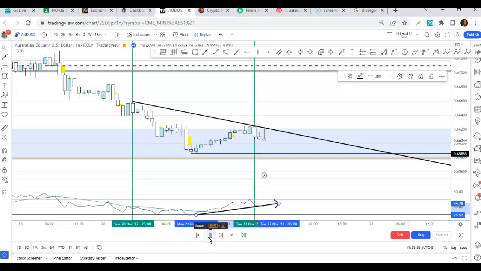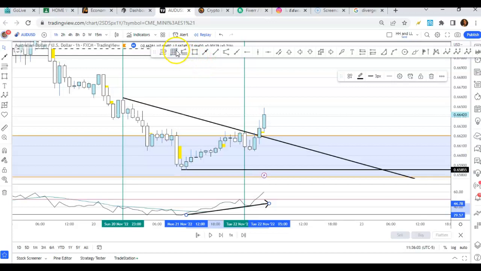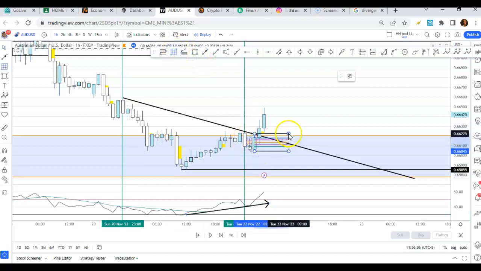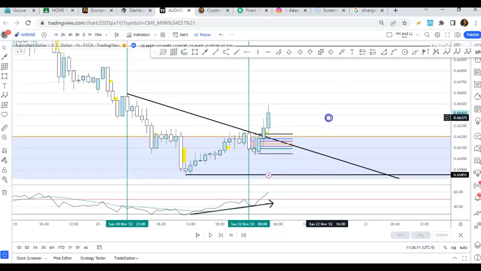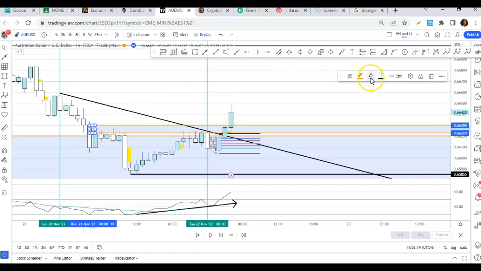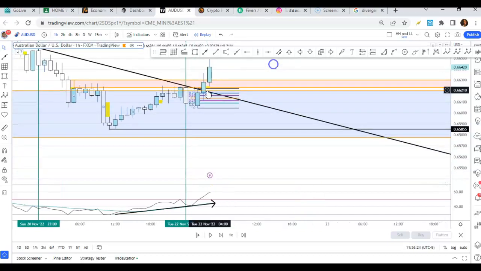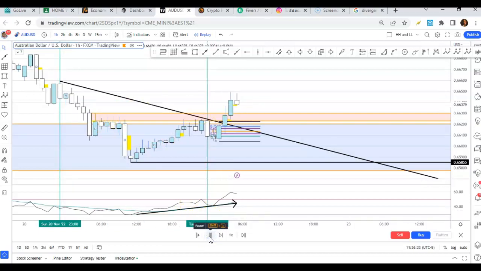And so for me, I like to take my entries on the bullish engulfing candle, which I have right here. So I have my bullish engulfing, and typically what I would do is once I get my bullish engulfing candle plus my rally, which is also good extra confirmation, you can go ahead and set your limit order right here to take the buy up. Or to be on the safer side, wait till you get out of the danger zone, which is the area where this market could possibly break this demand zone and continue down, which is the last swing point. Wait till they get out of this zone,